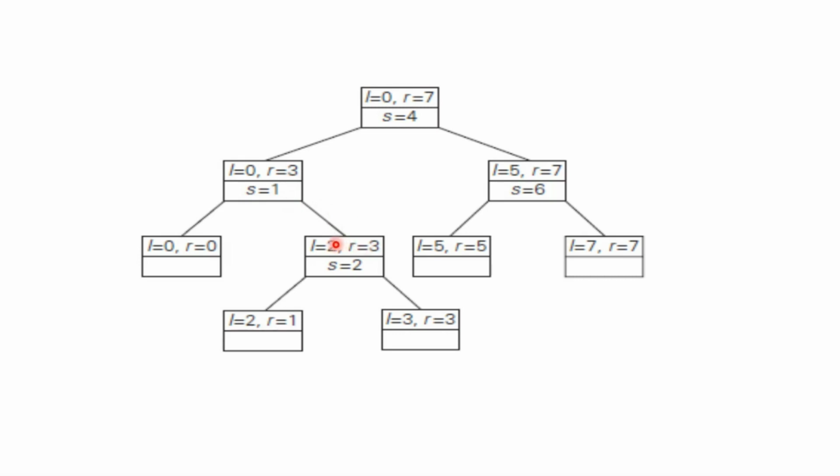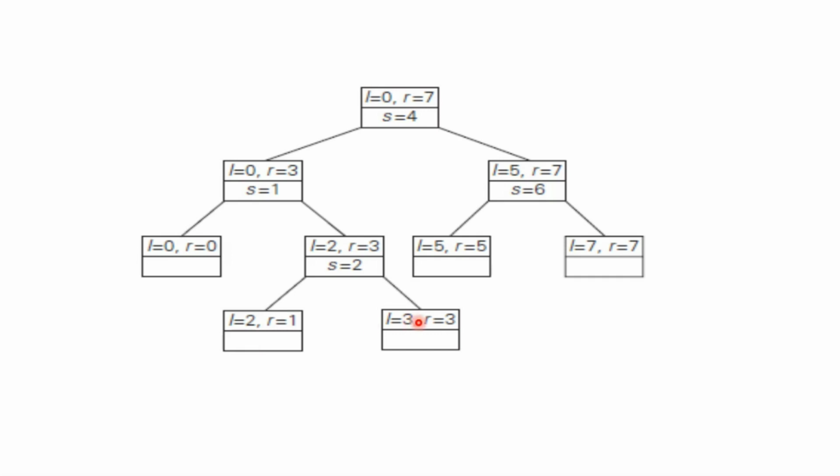In this case, there were two elements. We have made a partition at s is equal to 2. Now, after making a partition at s is equal to 2, we have two subarrays, left and right. So what is the left subarray? With l is equal to 2 and r is equal to s minus 1. What is s minus 1? 2 minus 1, that is 1. So we are going to call the quicksort only if l is less than r. Now we find that l is larger than r. So no more quicksort function will be called here. Now look at this case.